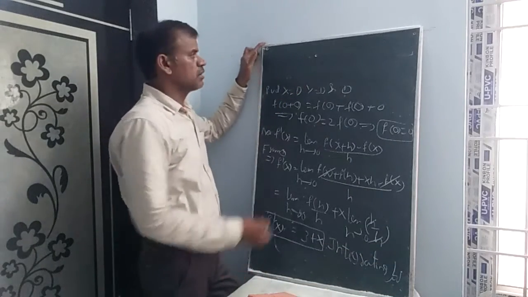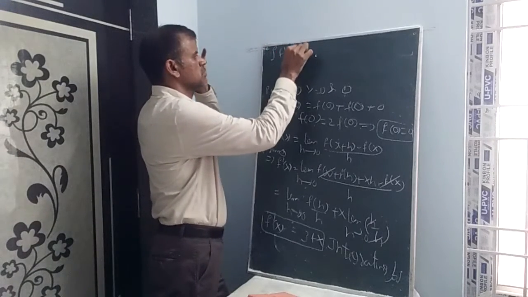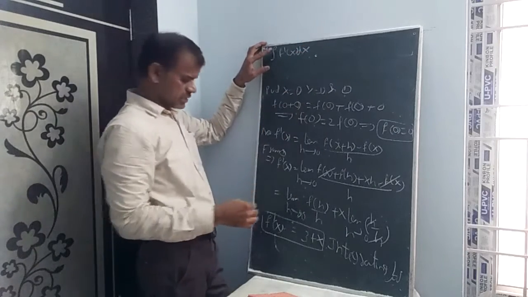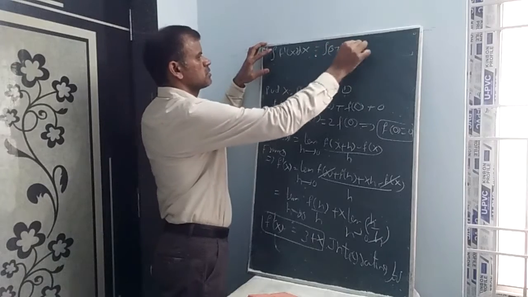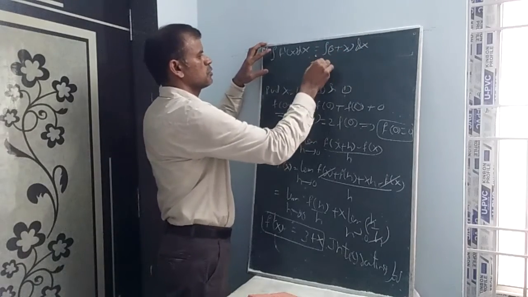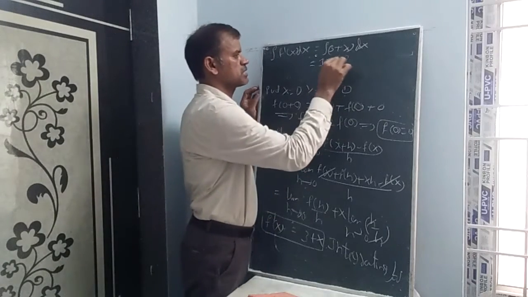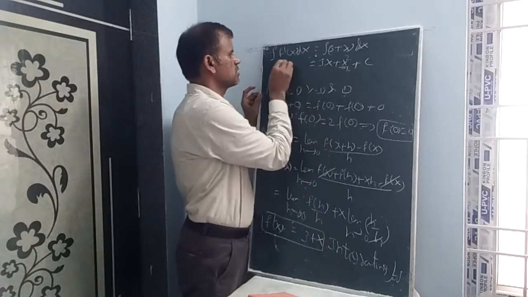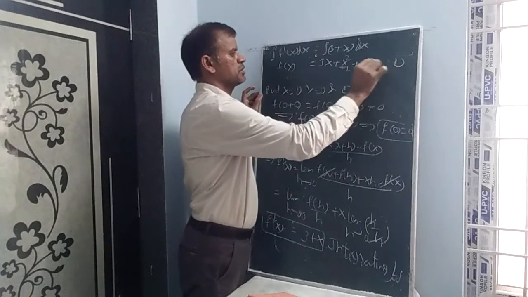Integrating both sides. Integration is nothing but antiderivative. So f dash x and integration will get cancelled. We should write it like this: integral f dash x dx is equal to integral 3 plus x dx. So you can write this as 3 into integration 1 dx, that is 3x, plus integration x dx, that is x square by 2, plus integration constant c. You can write here f of x. Let it be the first equation.